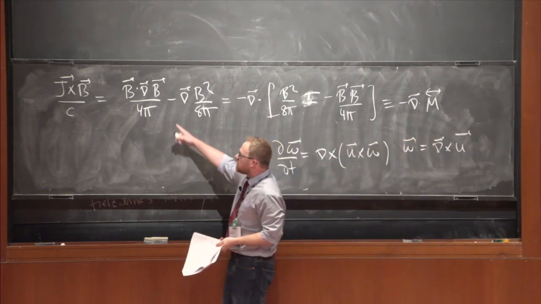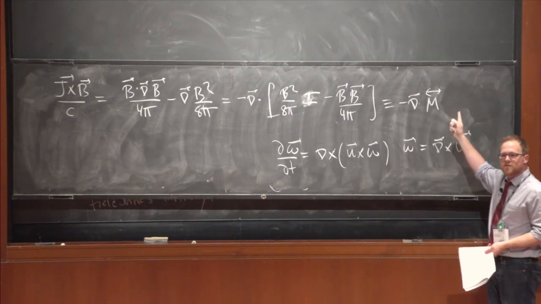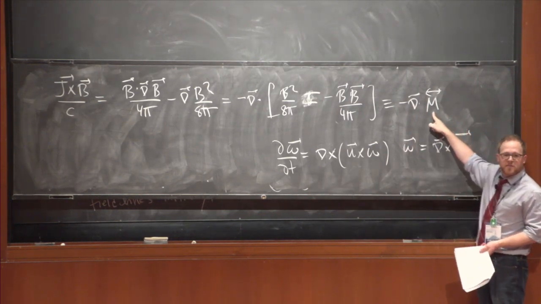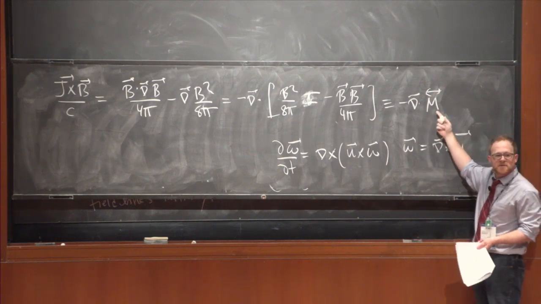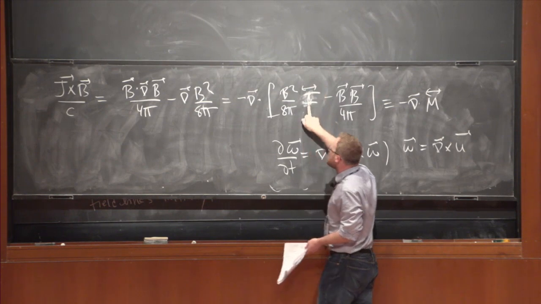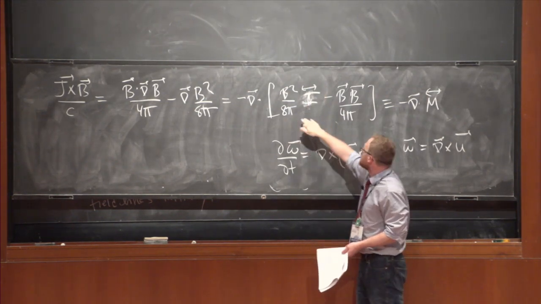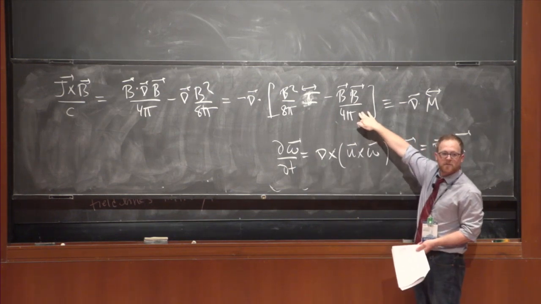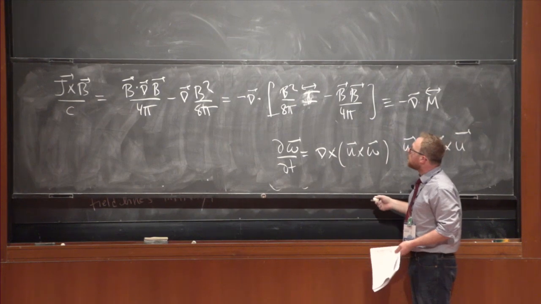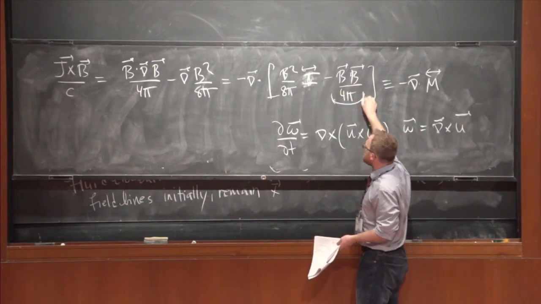So by virtue of the magnetic field being divergence-free, you can write the Lorentz force in this full divergence form, which turns out to be quite useful. This thing's just called the Maxwell stress tensor. You probably saw it in E&M. So there's an isotropic part, that's the unit dyad, where the magnetic pressure lies, and then there's this tensorial piece to it, which has off-diagonal elements. And this is right here. This is what makes MHD MHD.